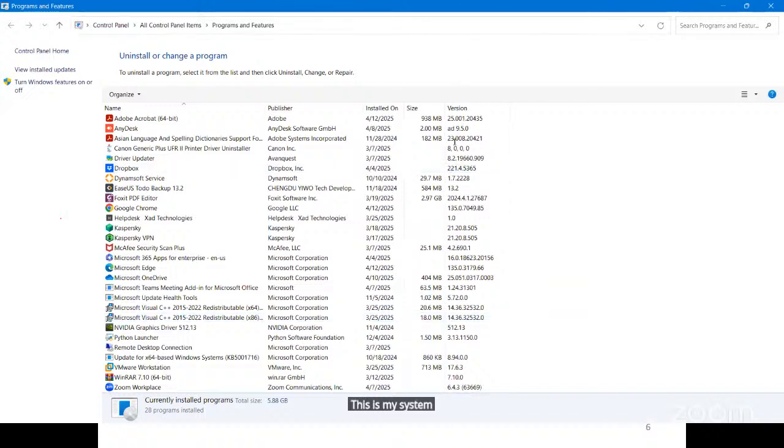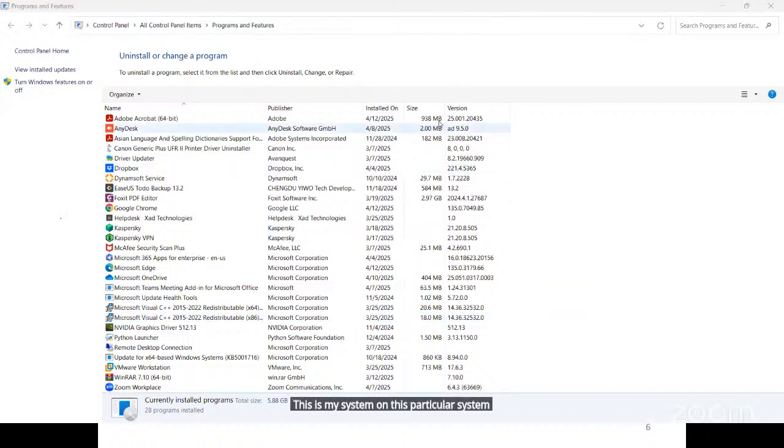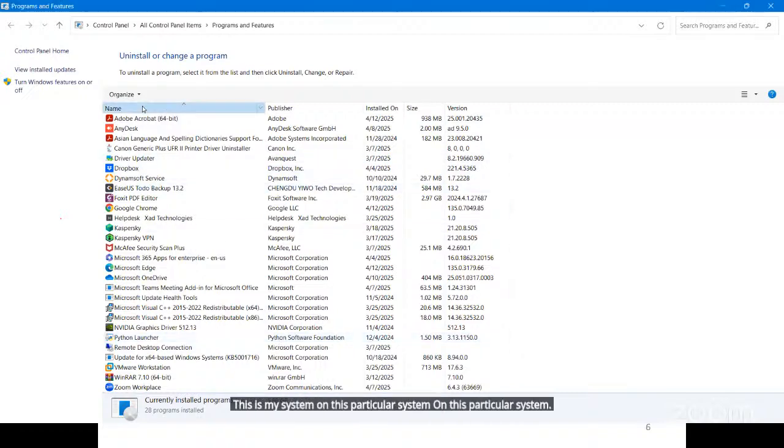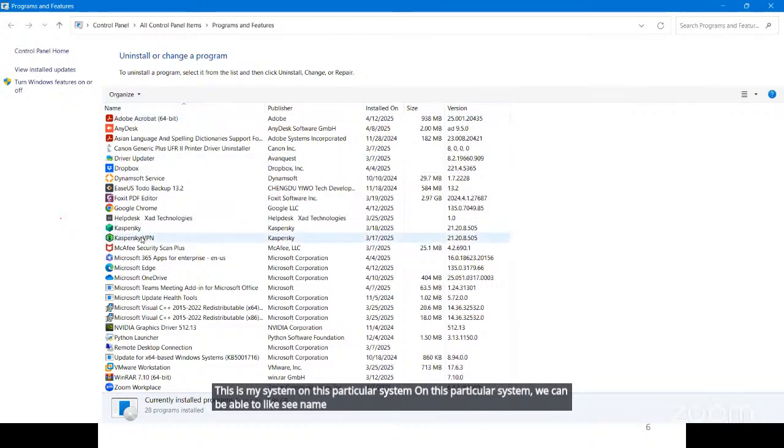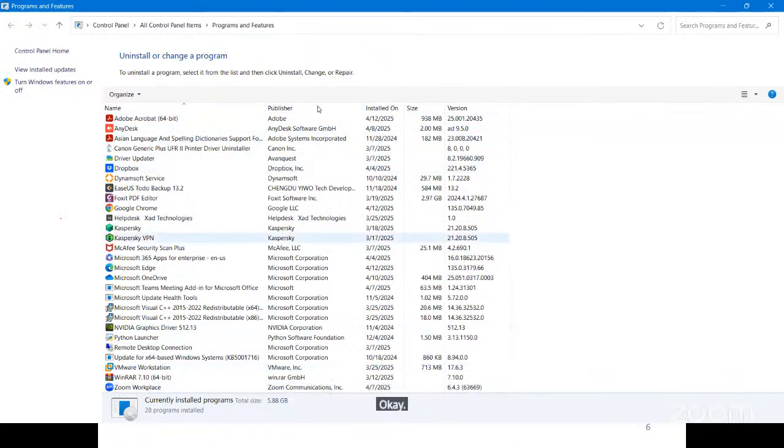On this particular system, we can see the name. These are the applications that have been installed on my system. The publisher means which company provided this application. Which company manufactured these applications?